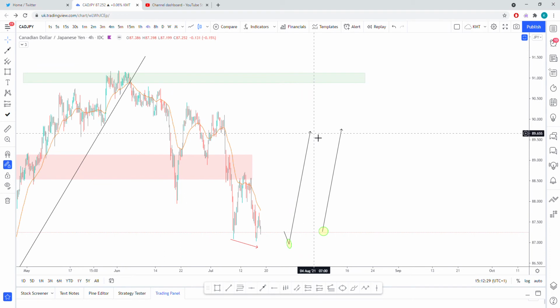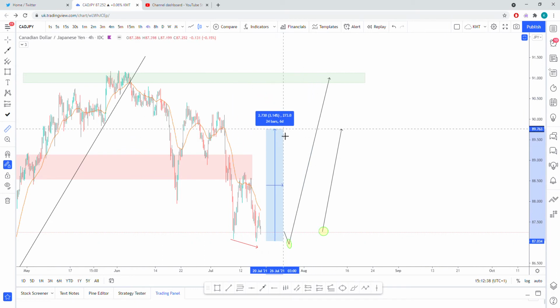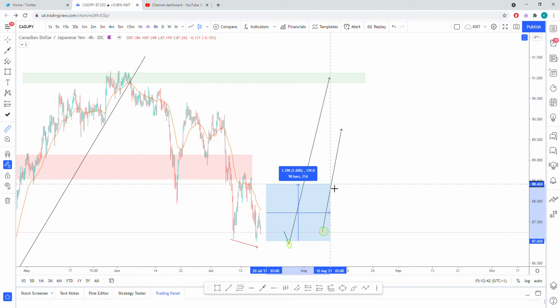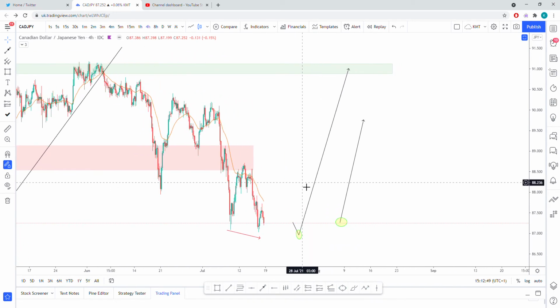But yeah, ideally we could be looking to target 91, which again is a huge target, but keep in mind that anything can happen along the way. So we could potentially find a reaction at 90 or 89 and then have a turnover towards the downside. So that could have a possibility of happening, and this is why it's always best to review price action and